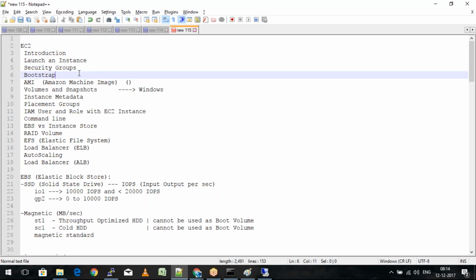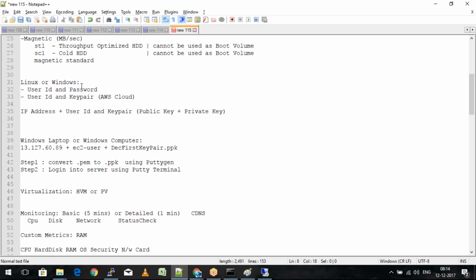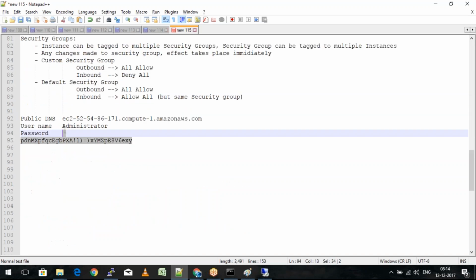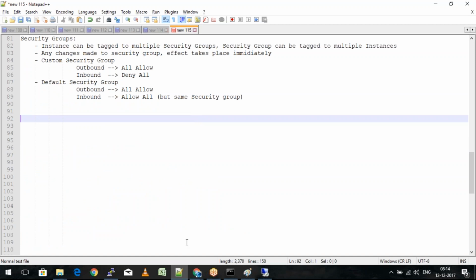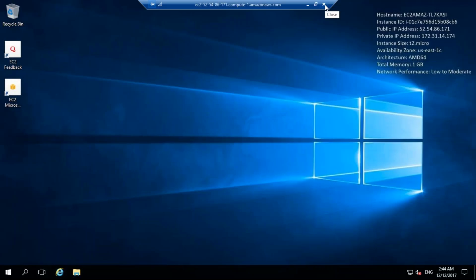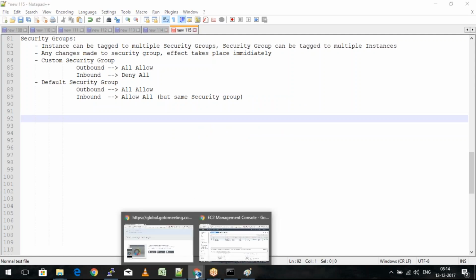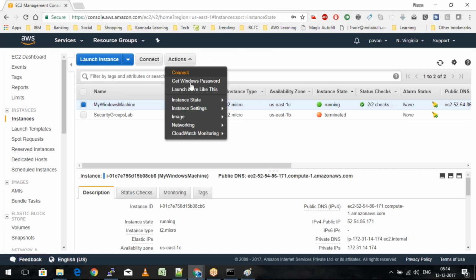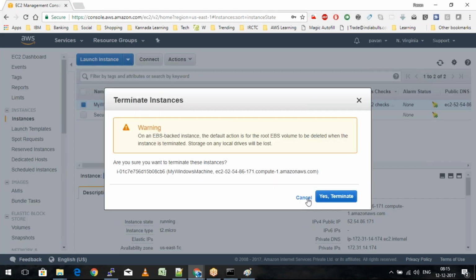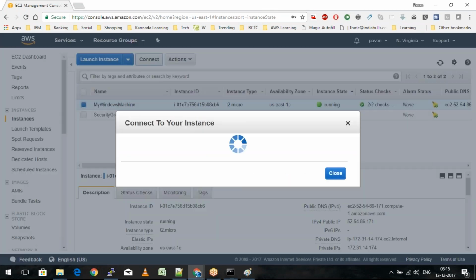So the next part we are going to learn is about the bootstrap script. Before that, let's go ahead and just terminate this EC2 instance. Okay, just before terminating, I would just like to show you the